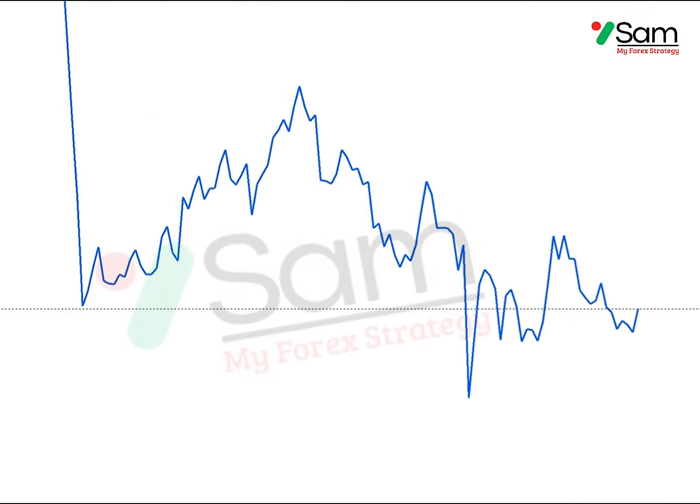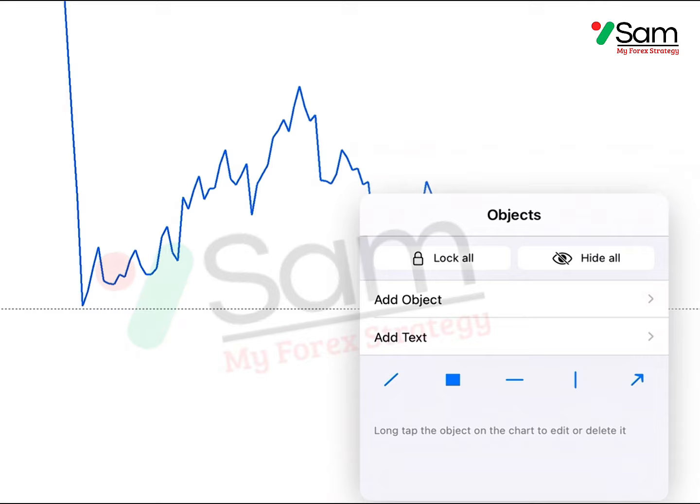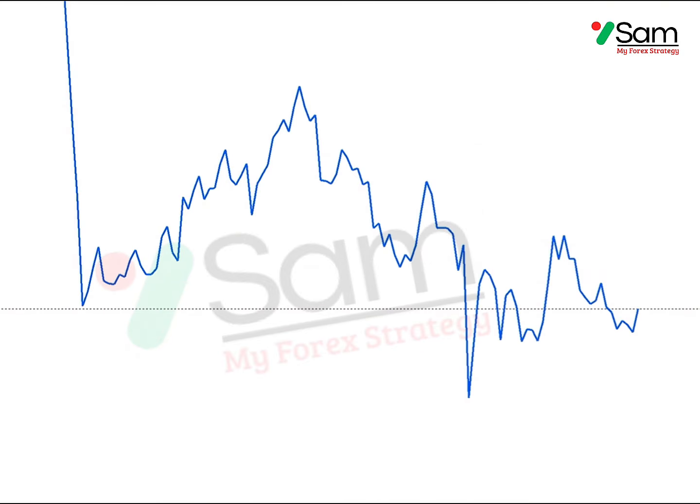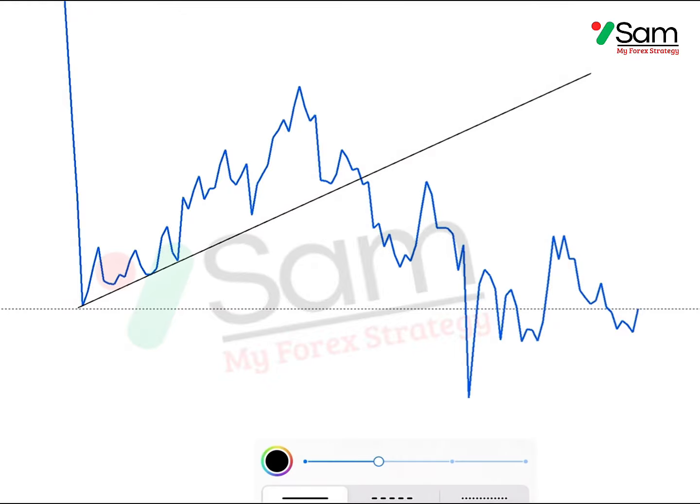Next, Sam will explain to you how to use support and resistance combined with a trend line to identify market direction. The point is, this explanation is very simple, but designed to make sure you fully understand, so please pay close attention. First step, you only need to find two supports or two resistances that are clearly formed. These support and resistance levels will become reference points to see where the market direction is heading.